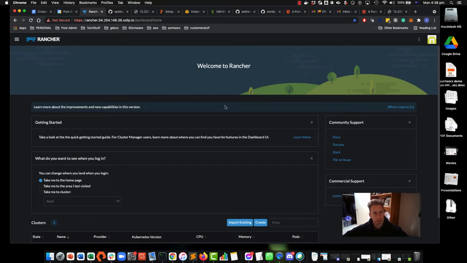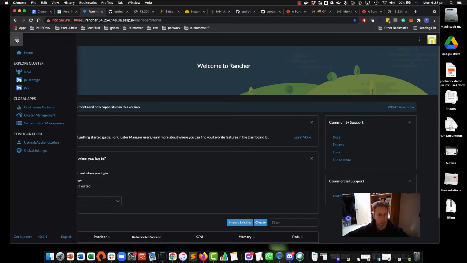Hey guys, just wanted to take you through a little bit of a review of what I've been working on here with the Rancher team. So this is the new Rancher 2.6 UI for Rancher Kubernetes Engine. Really neat cluster manager. It gives you a menu-driven ability to manage multiple clusters, user management, cluster management, and continuous delivery, which is really